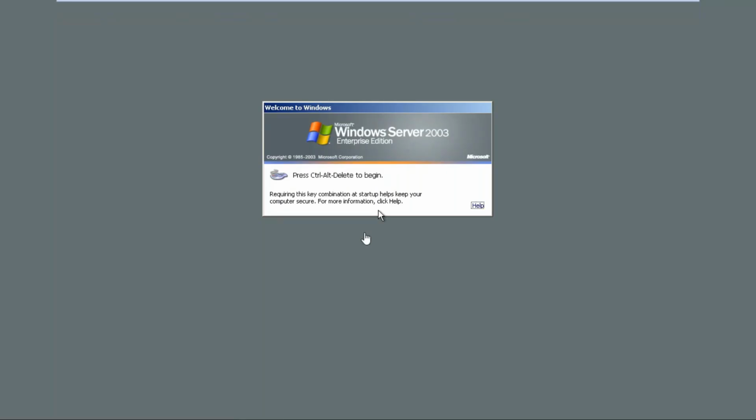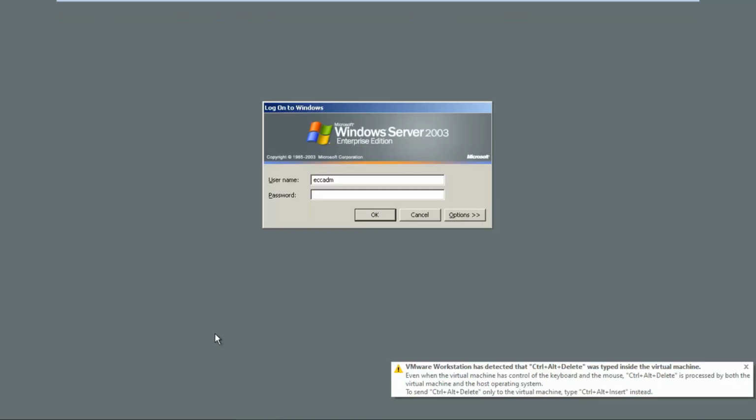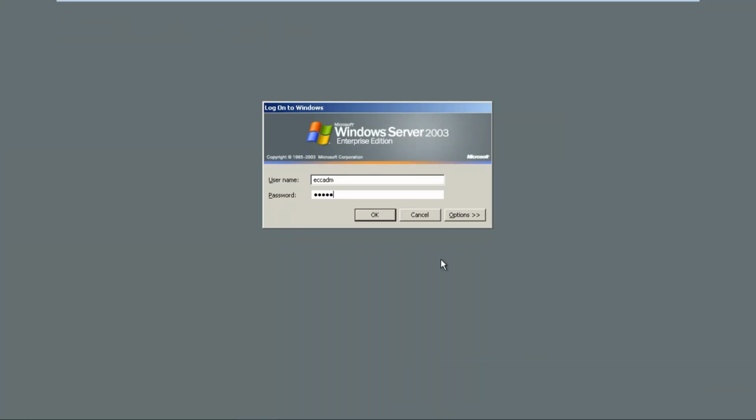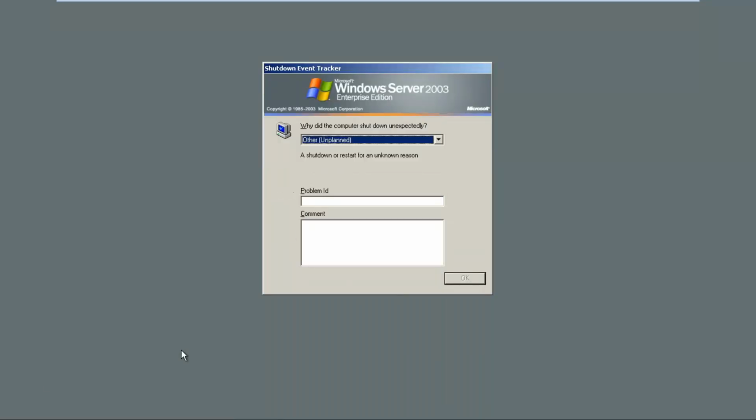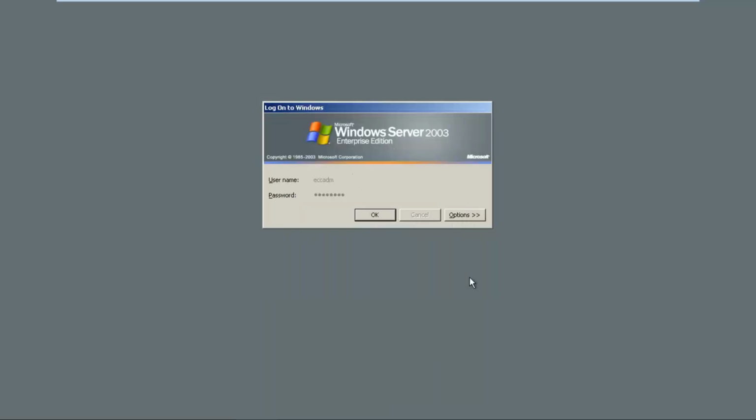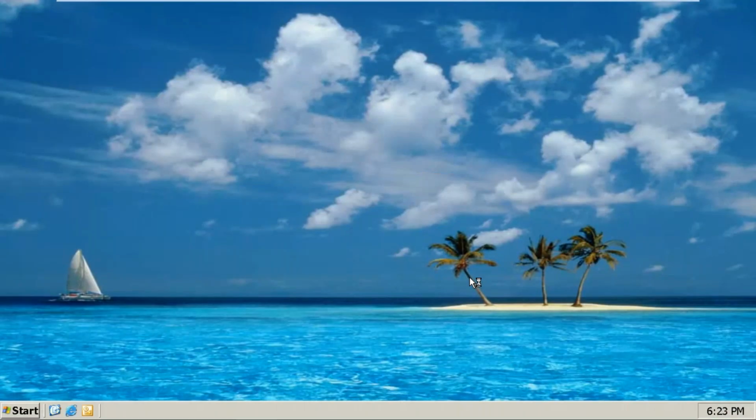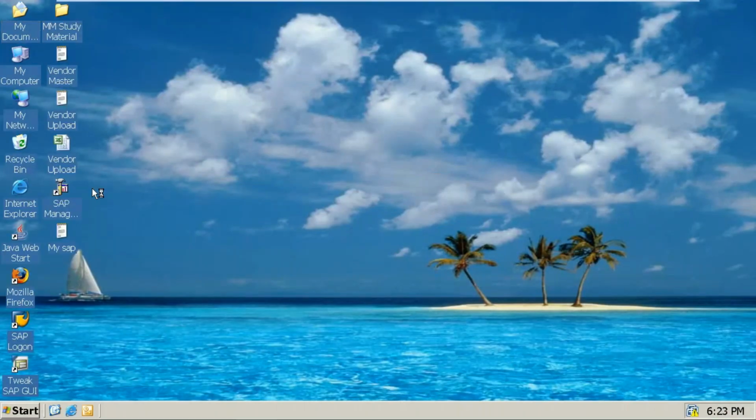See, you have to do control alt delete, then escape. You will get this screen, then here the password is India123. So you can select any options here. I'll stop this error, click on OK, and it is displaying here. So this is called your